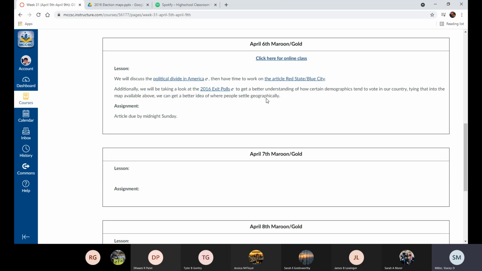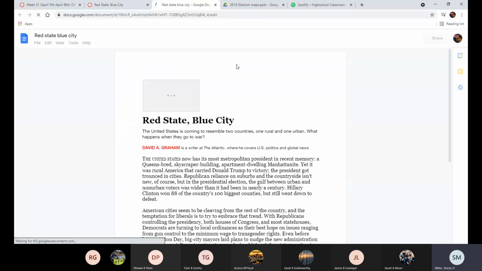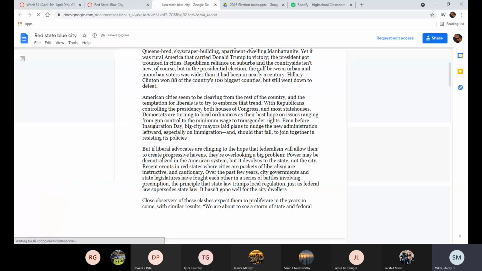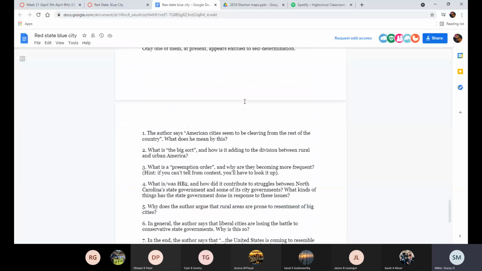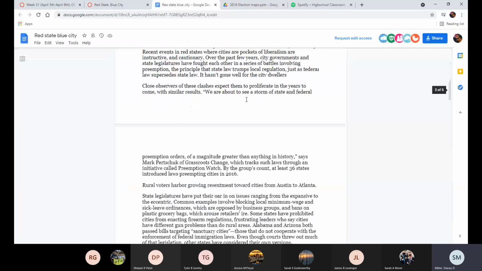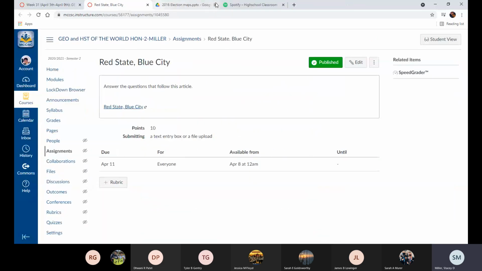And we do have an article that I'm going to give you guys pretty much the majority of class to work on today. But with this article, you'll go through it and, taking some of the stuff that we've just talked about, you're going to answer some of the questions that are found in this article. So you guys will have the rest of class to work on this. There are 8 questions. You should be able to get it done today, but if you don't, it is due by Sunday midnight, okay?